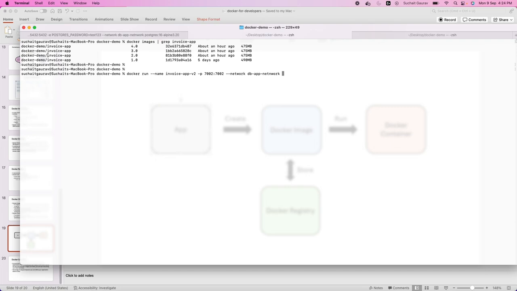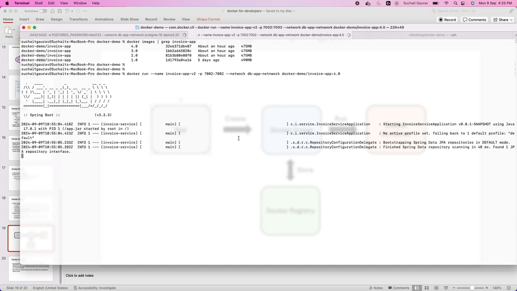Which image do I want to use? I want to use this invoice app image. So I'll copy this, and then what would the tag number be? 4.0. So I'll say 4.0. Okay, that is it. That's how we ran the other Docker container of Postgres. That's how we can run this one, right? So I'll simply click enter, and then you see